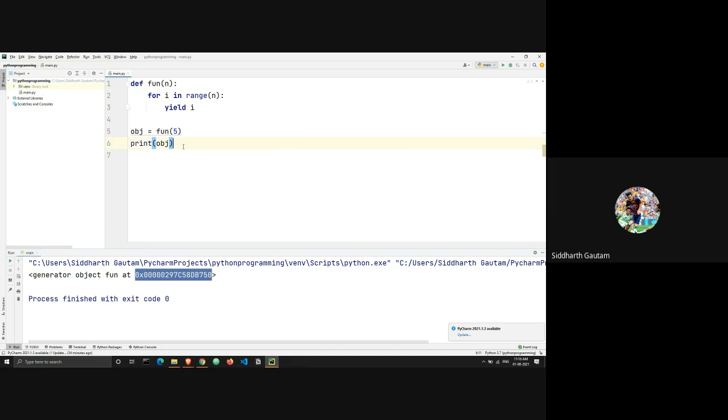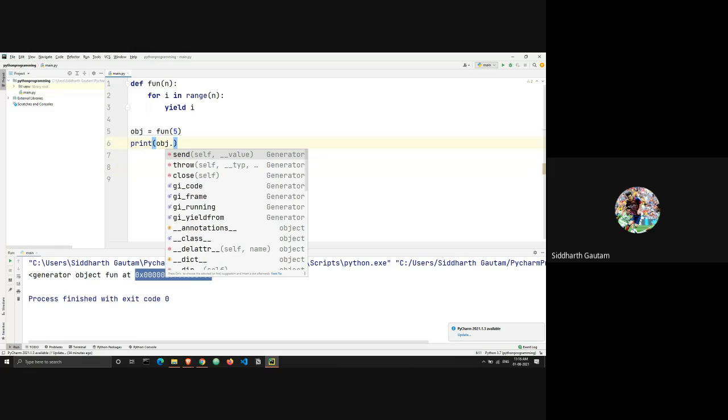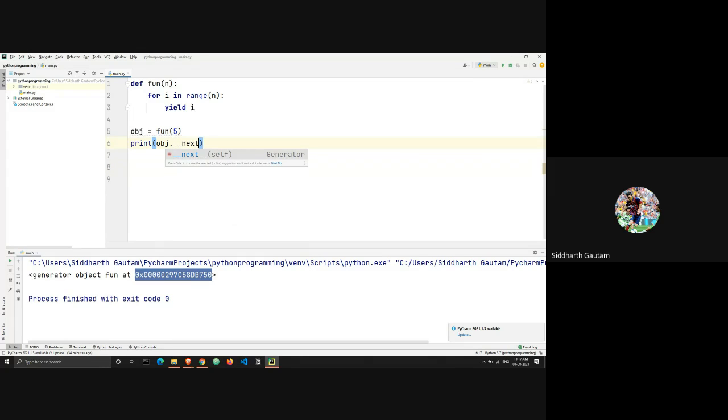Since we are controlling the loop using the yield keyword, how do I even know that I'm controlling it? I have to show how we control it. So instead of printing object, I'm going to write object.__next__().